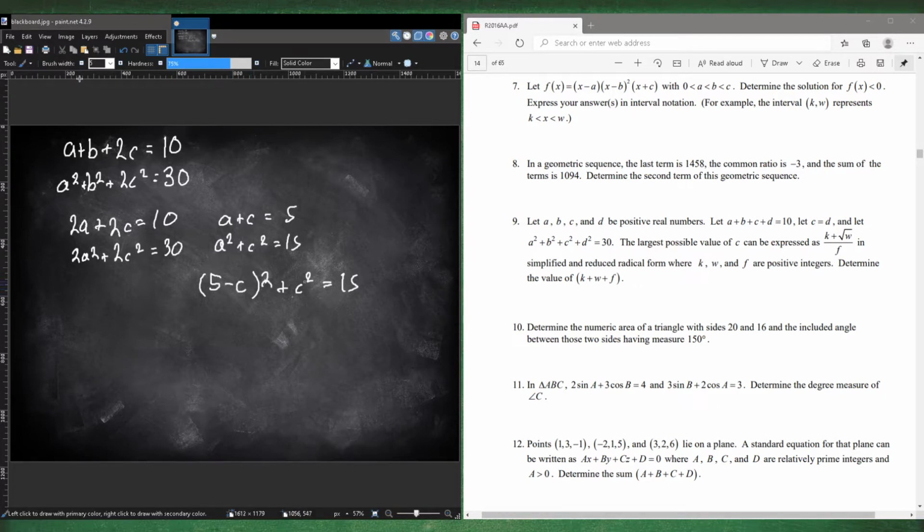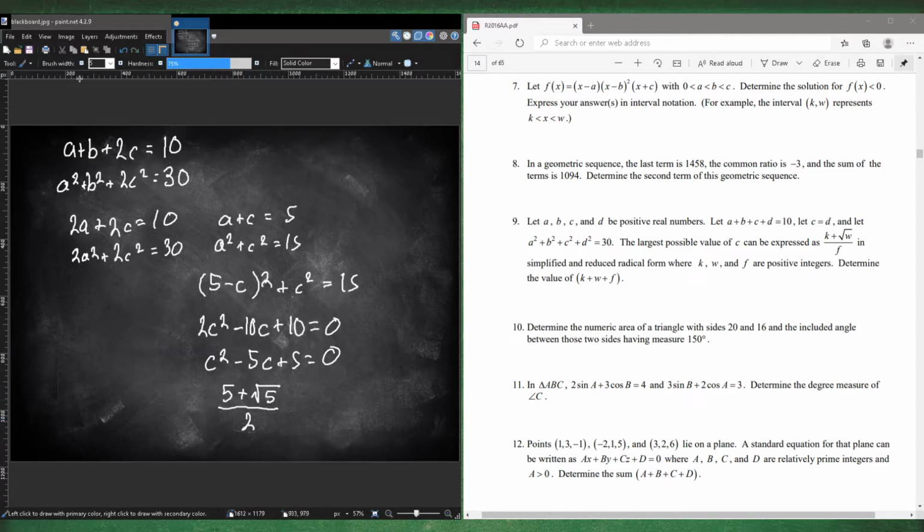So this is C squared plus the C squared is 2C squared, and then minus 10C, and then plus 25. 25 minus the 15 is 10. Divide by 2 on both sides, so then we get this. Now you could just use the quadratic formula, so negative b plus or minus. Since we want to maximize, we're going to use plus. Then b squared, which is 25, minus 4ac, 4 times 5 is 20, so 25 minus 20 is 5,